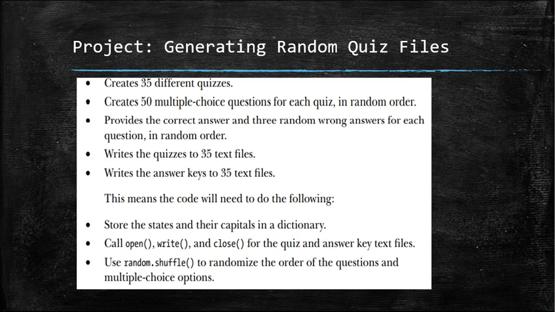The first project in the sense just the program. The first program is generating random quiz files. So what they're saying here is, we assume we are a teacher and we want to conduct a quiz for students. There are 35 students. We assume that if we give the same questions to everyone, they will copy. So we want to give 35 different quizzes. So a teacher wants to conduct a quiz for 35 students.